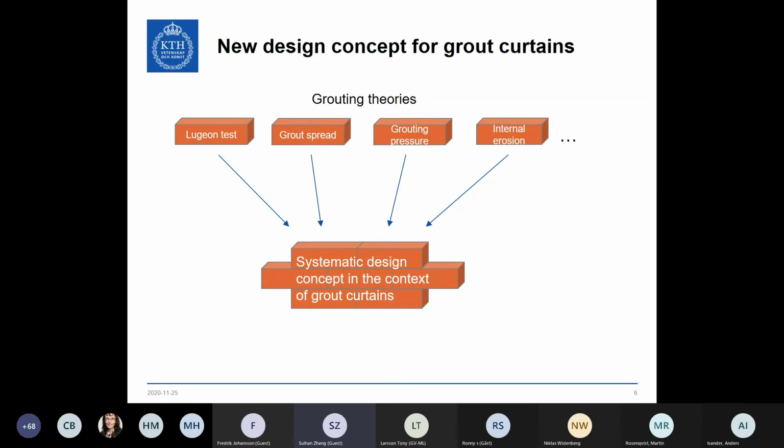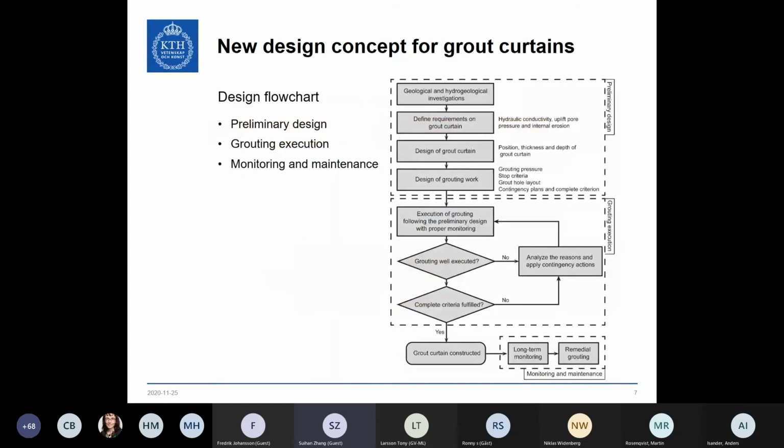Because previously some of the grouting theories were focused on the terminal grouting as well. So the new design concept for Grout curtains is presented as a design flowchart, which is composed of